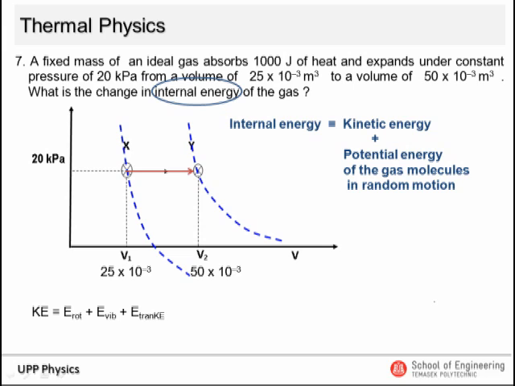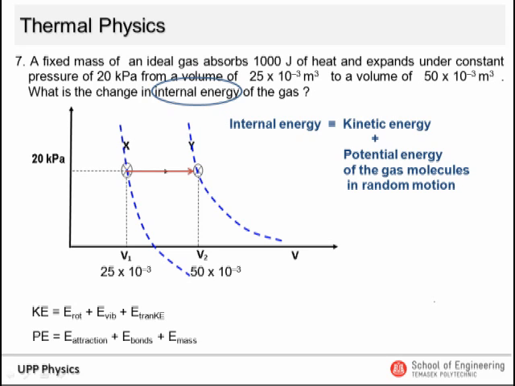What about potential energy? Potential energy also has three forms. Now the first form is the energy due to attraction between the gas molecules. The gas molecules themselves have protons and electrons. So between gas molecules, there are mutual attractions, sometimes repulsion, between the gas molecules. And this attraction or repulsion is a form of electrical energy that contributes part of the potential energy of the